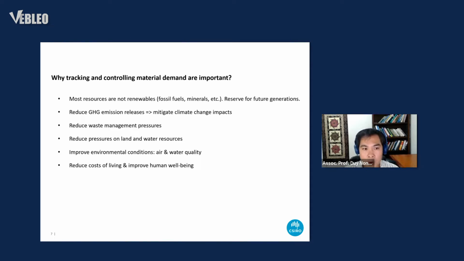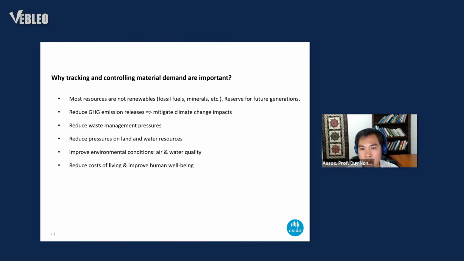And when we consume fewer commodities and release less waste into the environment, this also reduces the waste management pressure in many different cities, like in India, China, Vietnam, Philippines, and other developing countries in South America and Africa. And when we consume less food, it's also good for the agricultural sector because it reduces pressure on land and water resources, because these resources are limited.